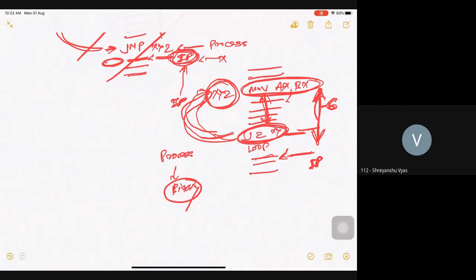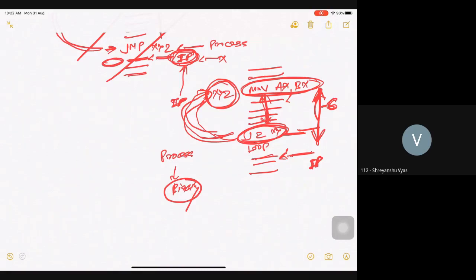Okay, so just for revision purpose, I'm telling you again, jump is a conditional instruction. Why is it important? Because whenever your jump instruction comes, you need to change the flow of your program. So indirectly you need to change the value of your IP. Why do you need to change the value of your IP? Because IP is the instruction pointer which is always pointing to the next instruction to be fetched. Whenever a jump instruction comes, it is always pointing to the next instruction. But because we are changing the flow, I need to change my IP value also.